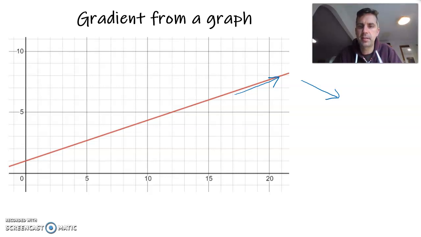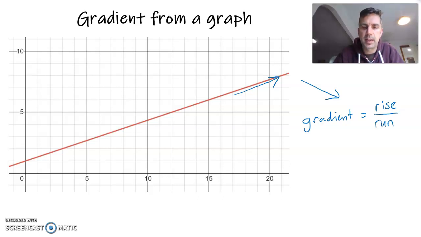So in order to work out the gradient, we use a formula that very simply just says the gradient is the rise divided by the run. So what we've got to do looking at our graph is pick 2 points on the graph. Now it doesn't matter which two, but we need to make sure that they are crossing over the grid lines exactly. So let's say I pick this one here, because you can see that's on the intersection of this grid